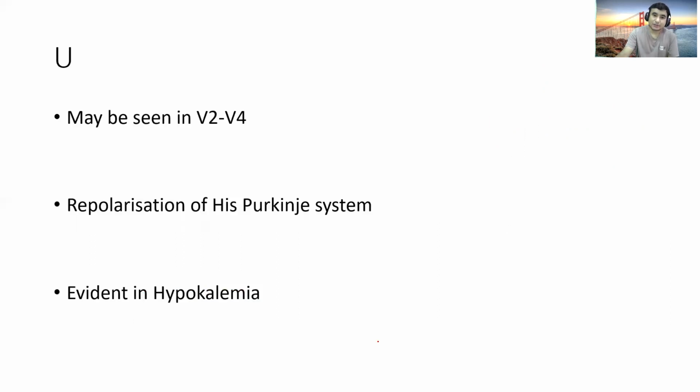Then the second last one, I think, is the U wave. Sometimes we see it after the T wave. Some say it is the depolarization of the His-Purkinje system, or some say it's because of the mid-septal depolarization, or some say the M cells depolarization. You'll see the U wave classically in hypokalemia. We won't discuss much about the U wave.